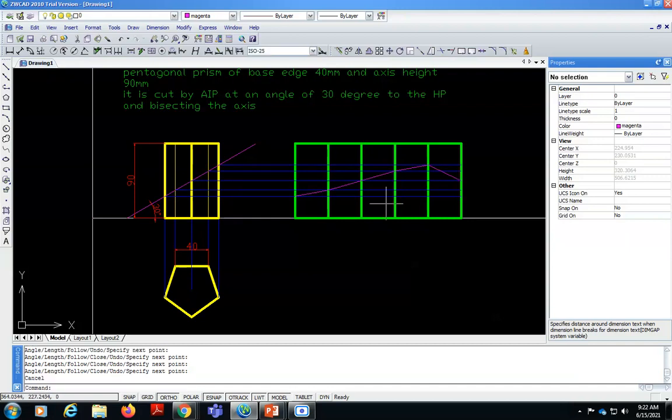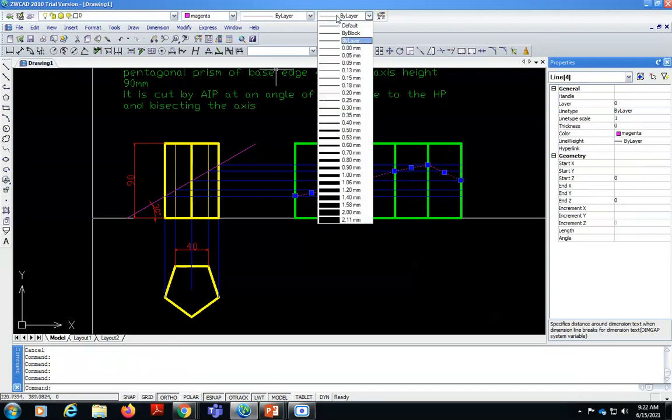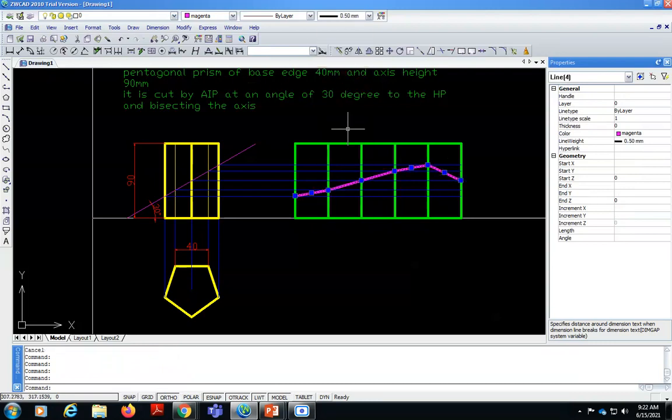So after cutting this prism, we will be having such type of portion.